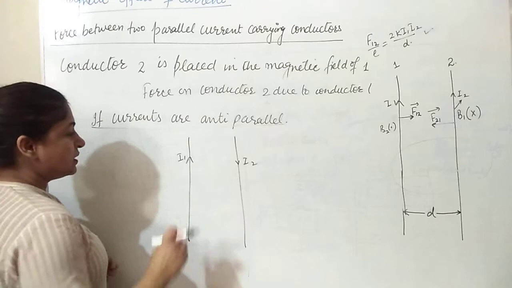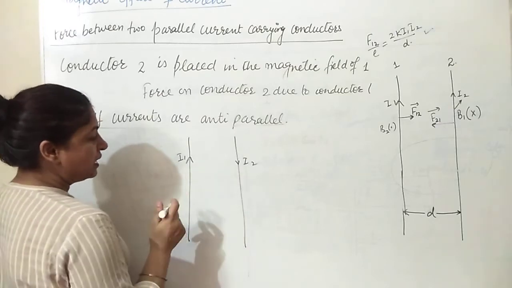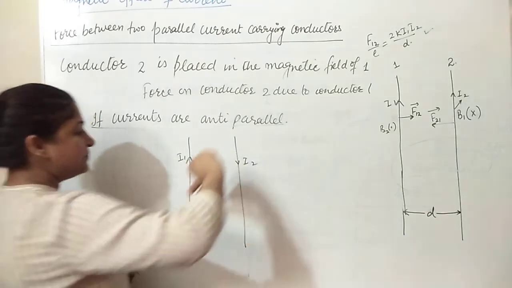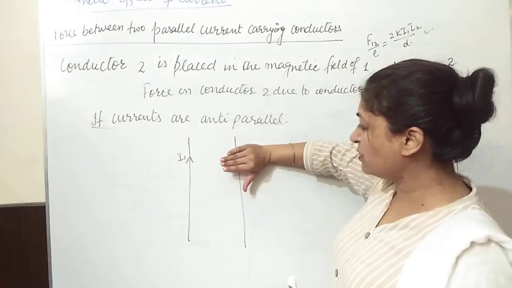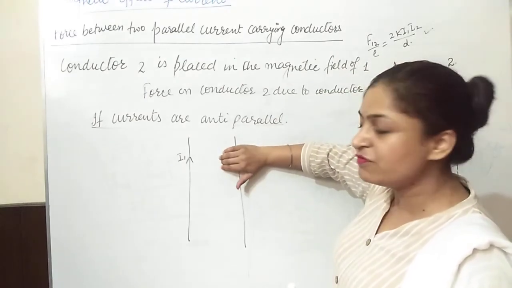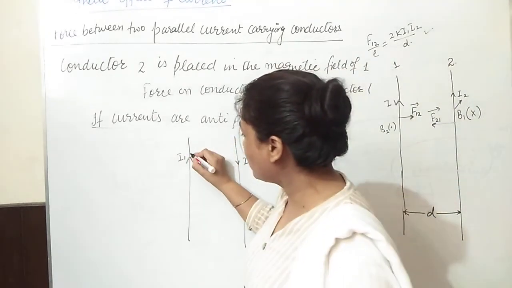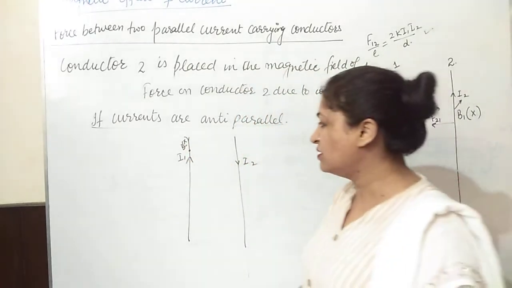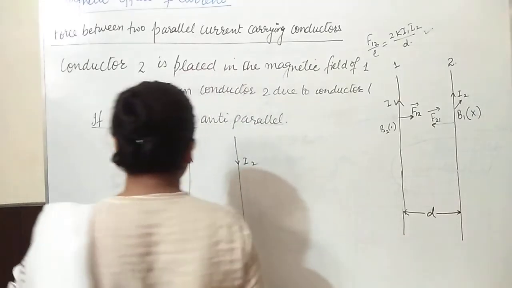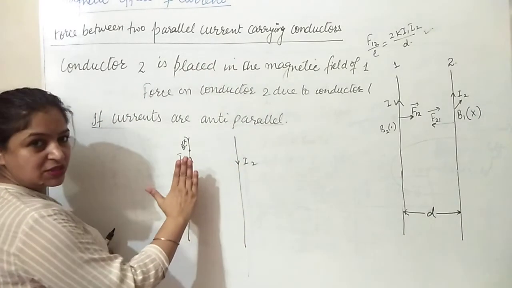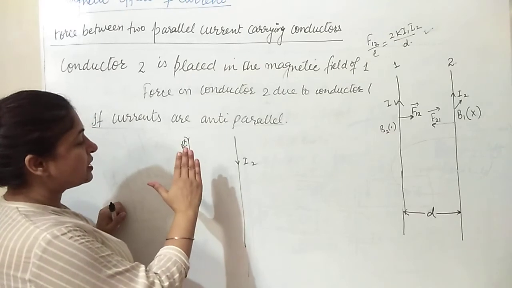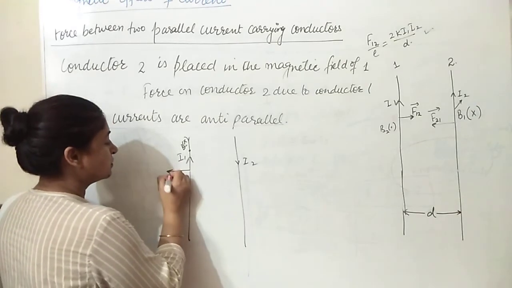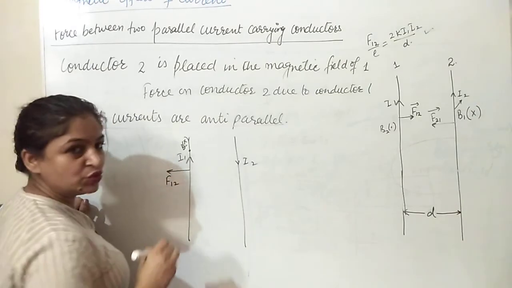So here, force on this conductor because of the magnetic field due to conductor 2. Keep your thumb in the downward direction and curl your fingers. So the magnetic field is going inwards because of this conductor. Here magnetic field B2 is inwards. So what is the direction of the force? Stretch your fingers in the direction of current, curl them in the direction of the field. This will give you the direction of the force on 1 due to 2.